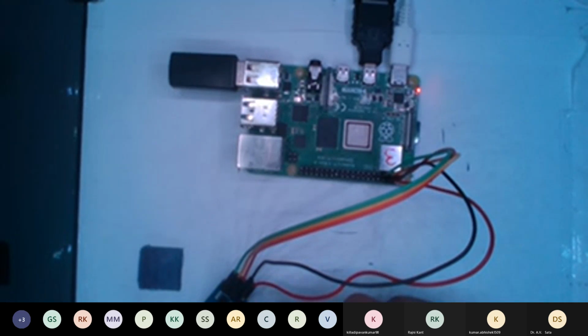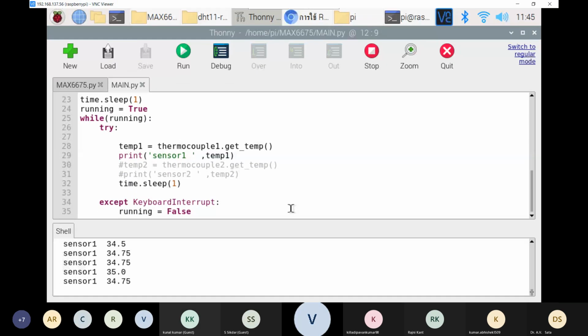I had connected VCC with ground and ground with the VCC, so the data was NaN, not available. Now I have connected VCC with power and ground with ground, and it shows temperature 84.5.